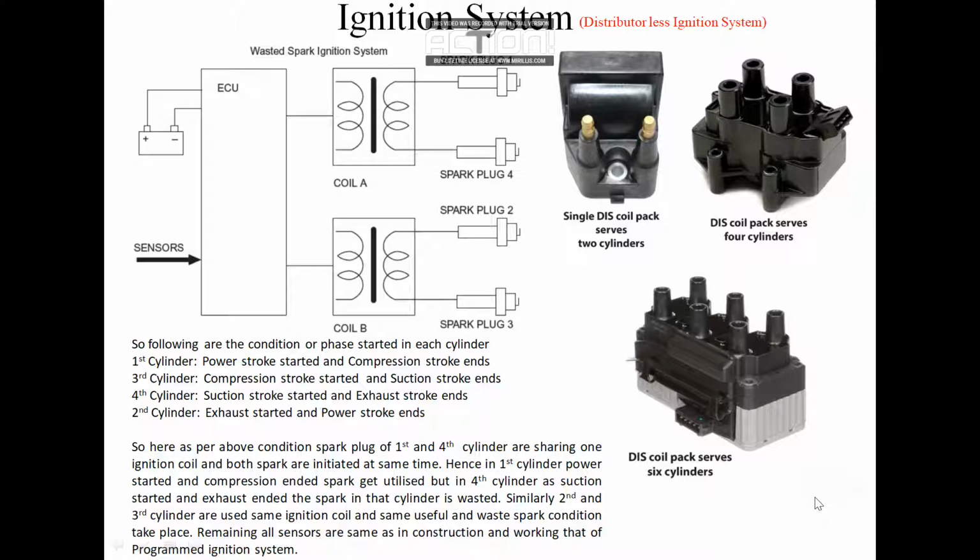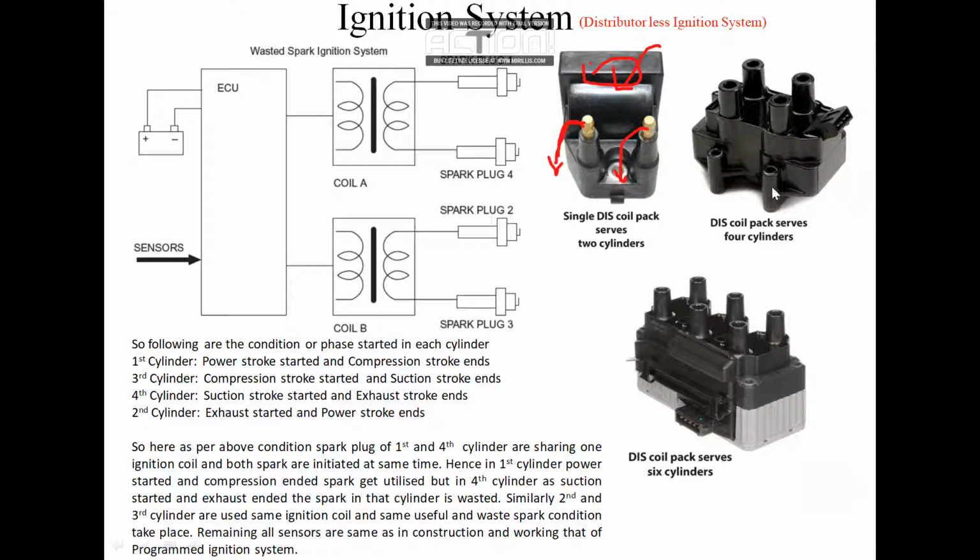So in how many cylinder engines can we employ this? In the diagram I have shown you, there are three cases in which we can use such a type of ignition system. This is an ignition system used in the case of a two cylinder engine. These are the two terminals which are coming out. Okay, so this is your ignition coil. Through this ignition coil, two terminals for the two spark plugs of the cylinders are located here.